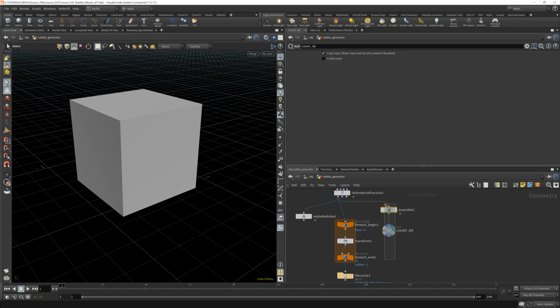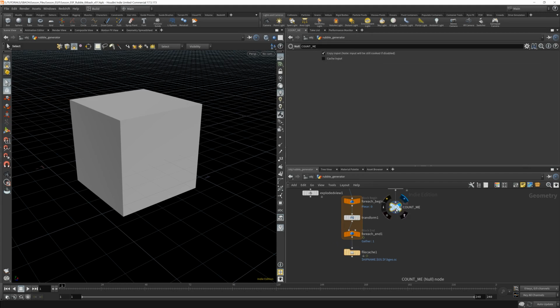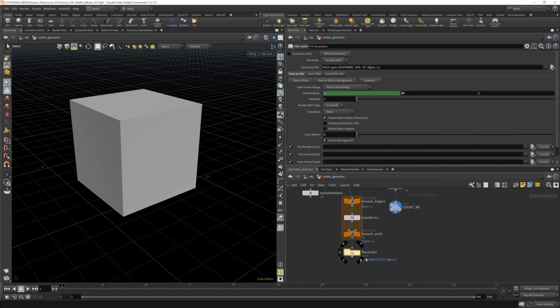So all we've got to do is tell our file cache's end frame to look at count me and determine how many primitives are in count me. Because if I middle mouse here, you can see there are 25 primitives. So the simple little expression is simply nprims, all lowercase, sorry, nprims, and open parentheses,